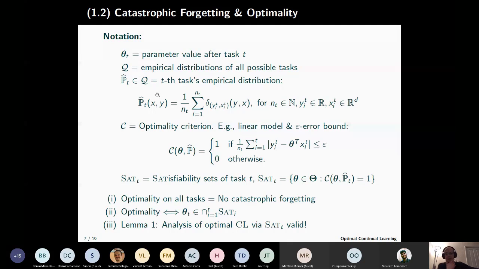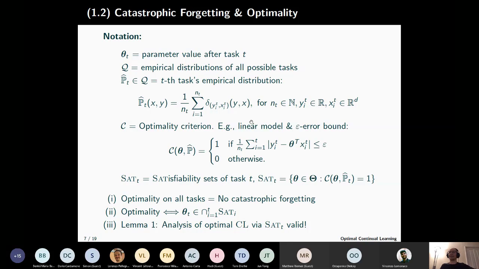The most important part maybe is the optimality criterion. So in order for you to know whether or not your algorithms actually suffered catastrophic forgetting, you first need to know when it hasn't suffered catastrophic forgetting. And so you need to define some optimality criterion that tells you, yes or no, I have suffered catastrophic forgetting on this task. And so, for example, and this is going to be an example that's sort of recurrent throughout